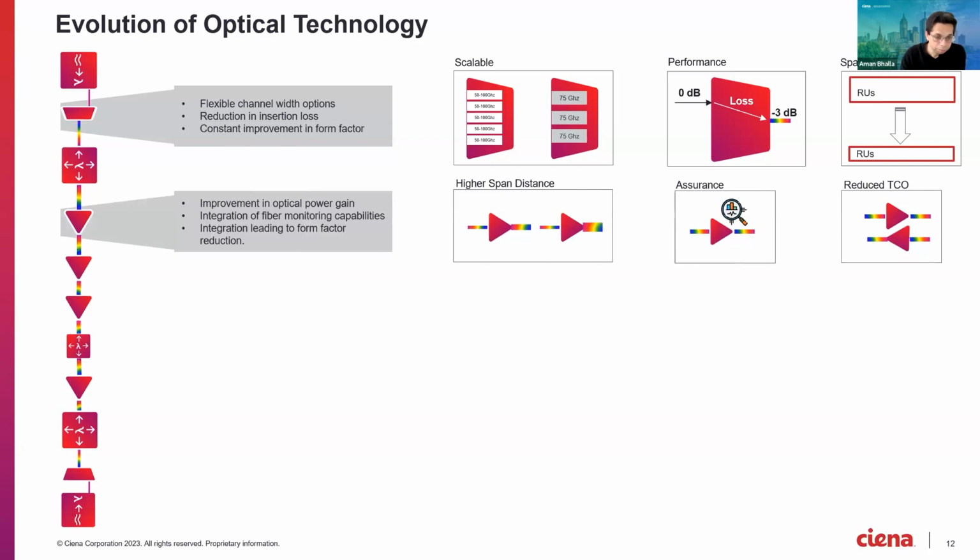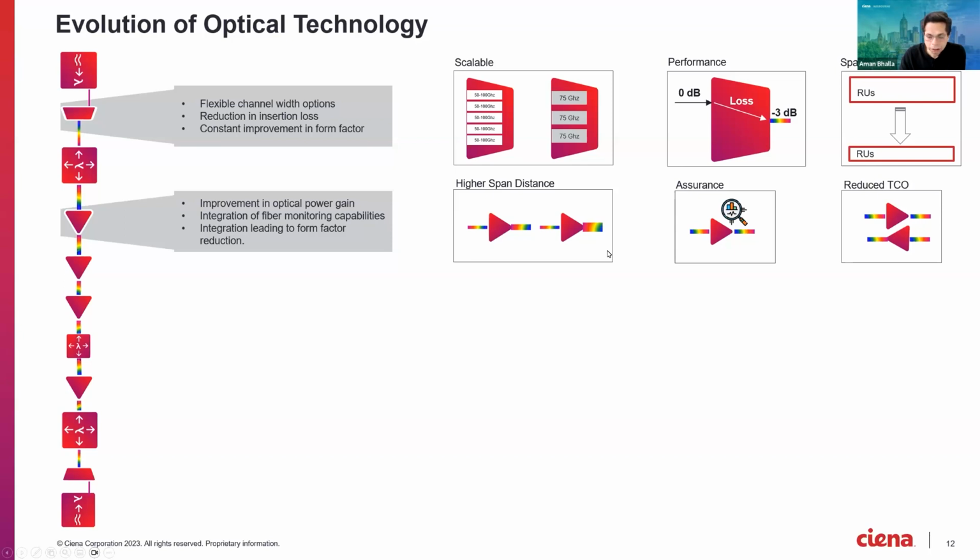Amplifiers, again, my favorite one, because the whole point of the amplifier was that I get an X amount of signal coming inside, and then I amplify that and send X plus out. But again, with the component technology evolution, this gain of X plus has started to become X plus plus now. So that's one evolution point which we have seen. Another thing is,